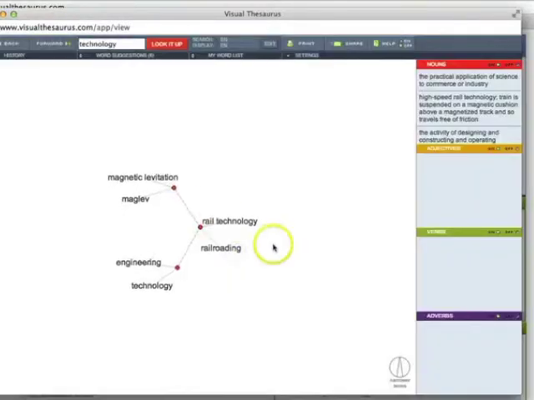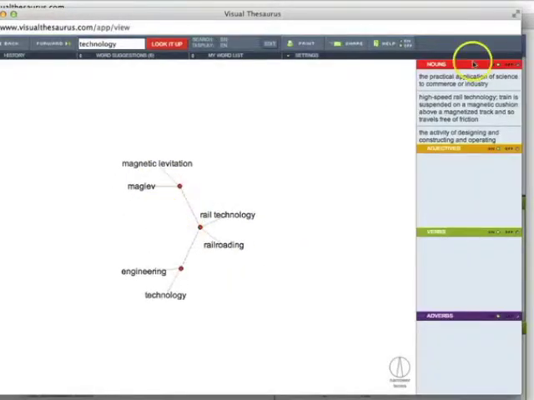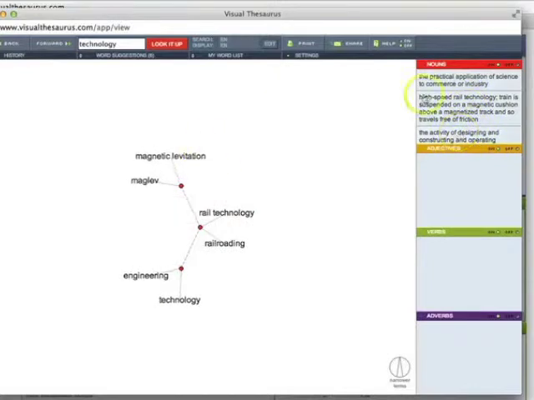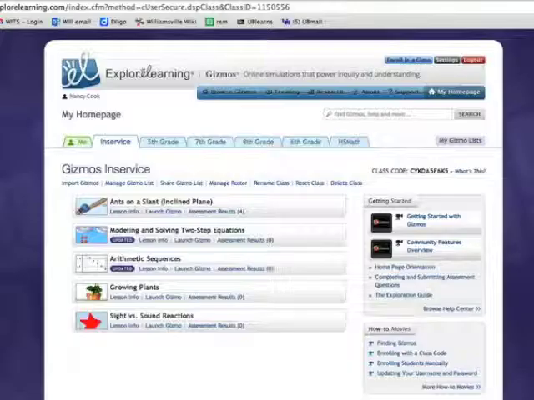And I can keep clicking and going further in. So look over here, I can see whether words are nouns or adjectives, verbs. There's things I can do with foreign language here. There's all kinds of things I can do with these words. So try it out, look into it a little further and see what you think of it.